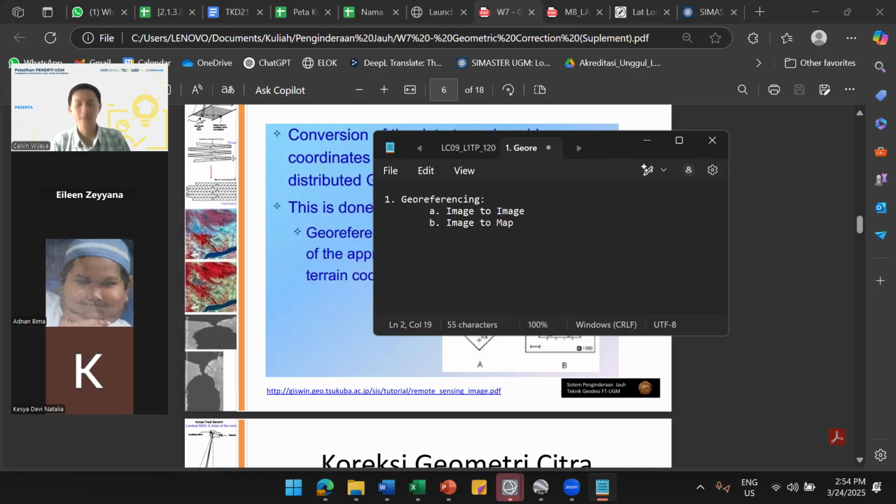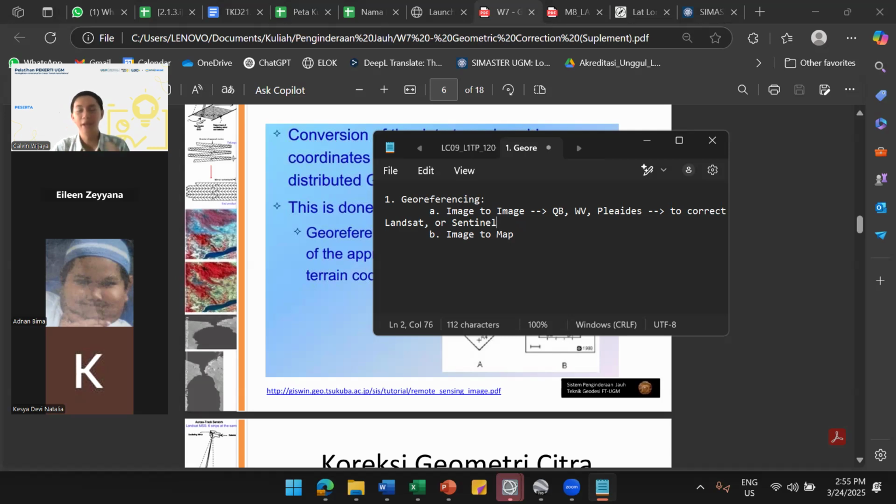In the first one, let's say we have a very high resolution satellite like QuickBird or WorldView or Pleiades and so on. This image is very high resolution, so we can use the coordinates of these satellites to correct another medium or low resolution satellite such as Landsat or Sentinel.